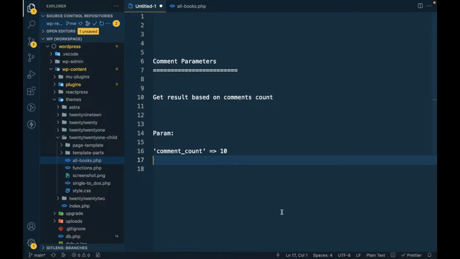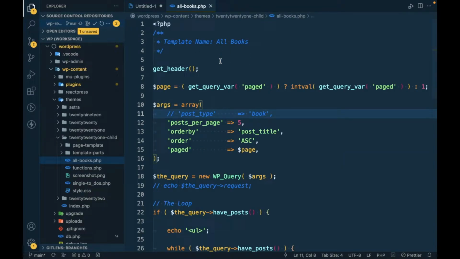Hi there. Today in this video we are going to talk about comment parameters in WP query. This parameter is used to get results based on the comments count on any particular post type. We will continue adding the code into this allbooks.php